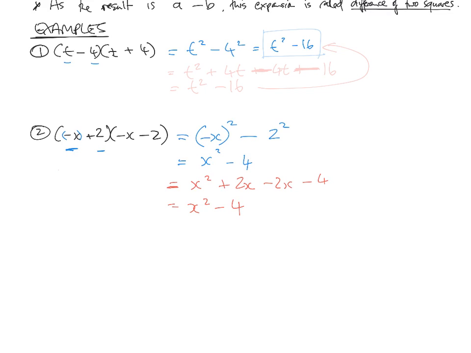So you can see using FOIL that the difference of two squares expansion has worked. Don't worry about doing these steps. Jump straight to the answer